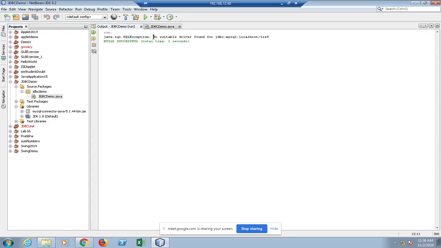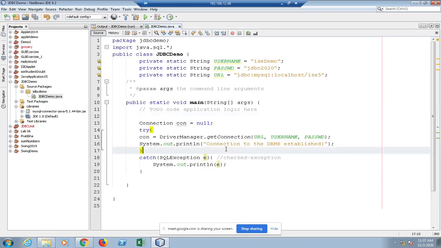It says no suitable driver found. One possible reason is I have downloaded this file last year or last to last. Possibly it is not compatible with this particular IDE. So you can try this with latest connector, MySQL connector. Okay.